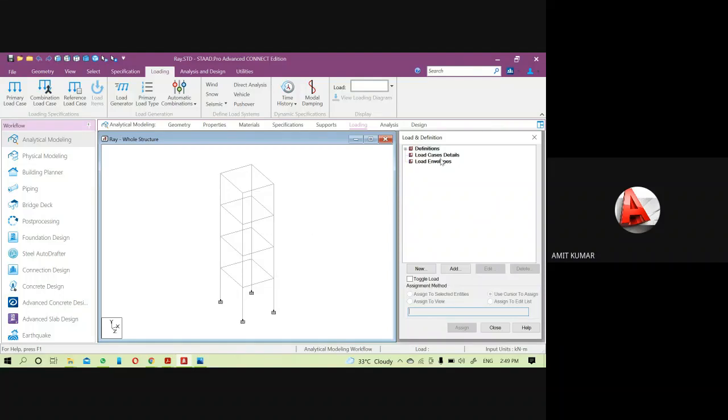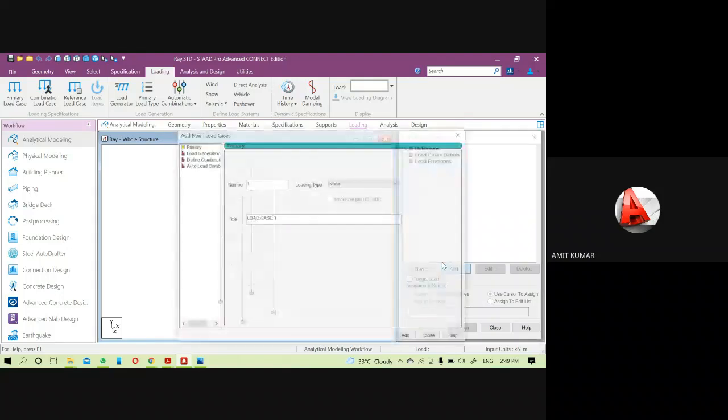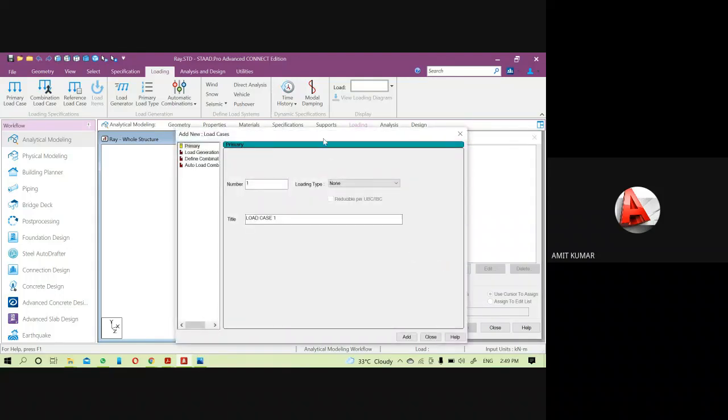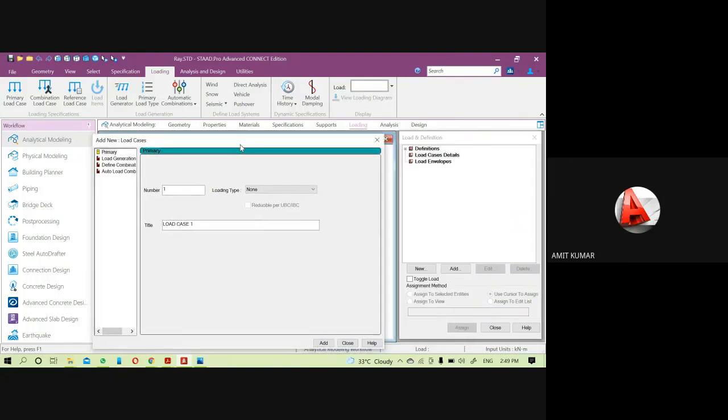So for this, come to the load case detail, and this is the response of the structure due to these frequencies. That means your structure will respond in each direction. That will be x, y, and z. So here, when we add the load case,